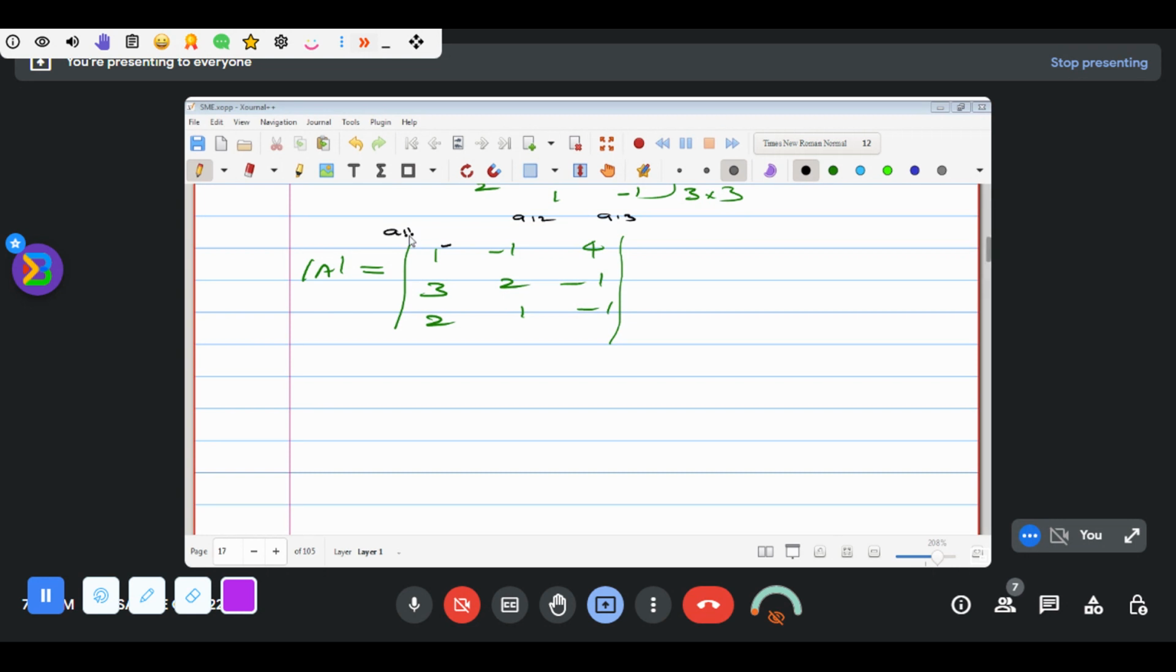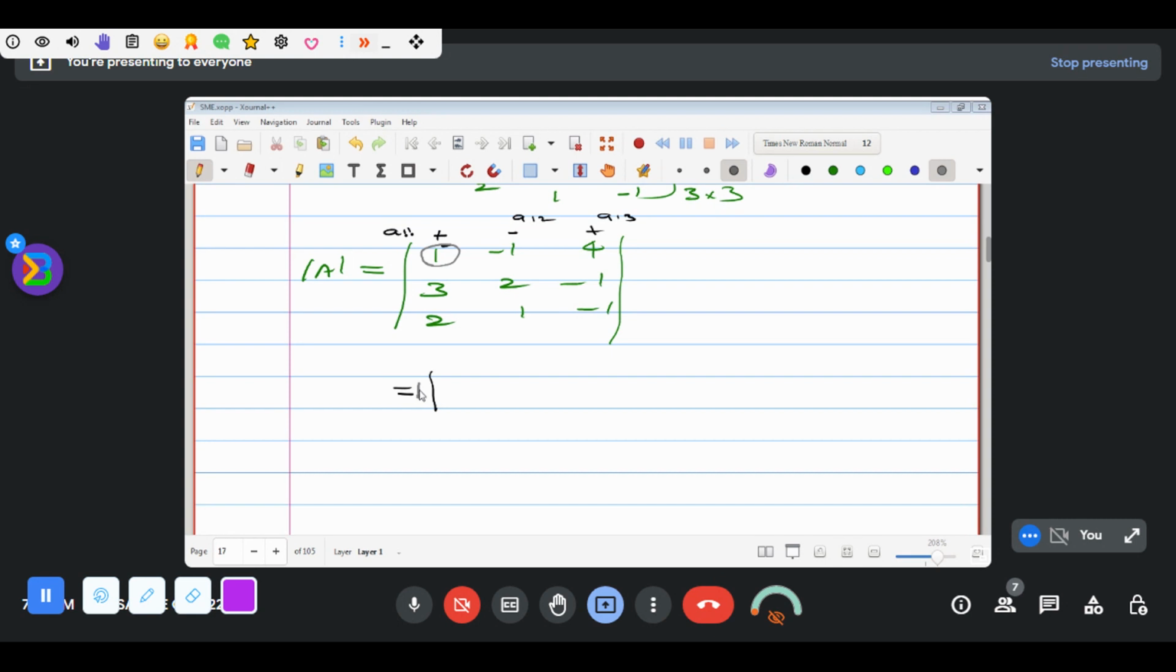Suppose 1 plus 1 is 2, which is an even number, therefore the starting element is plus. Otherwise we use alternating signs: plus, minus, plus. So first number plus, second number minus, third number plus. Then how to find the determinant? Now I take the first element, 1. Therefore 1 into